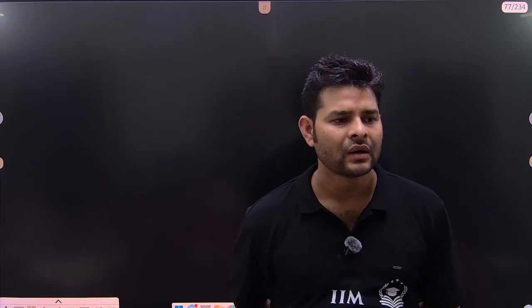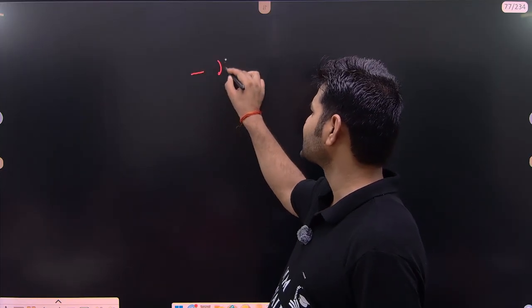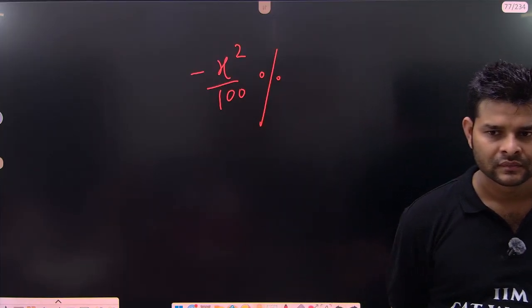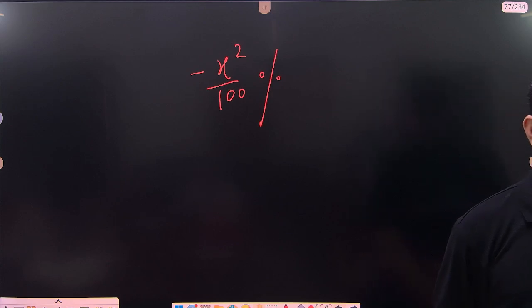If the profit percent on one article is the same as the loss percent on the other article, in that scenario there would always be an overall loss, and this loss percent can be found by applying the formula x square upon 100%. So the formula is basically the same as the old formula, and the new one is made from it.